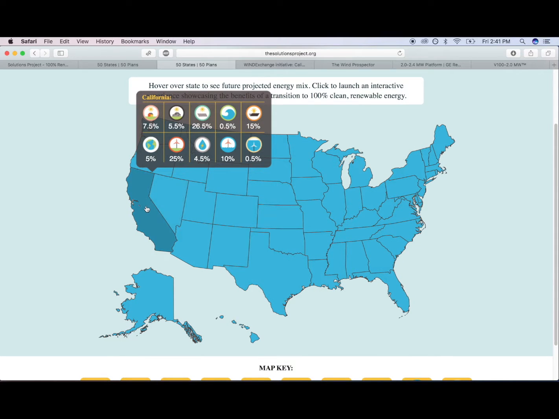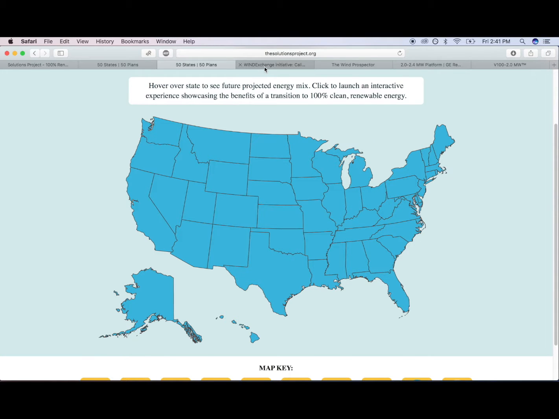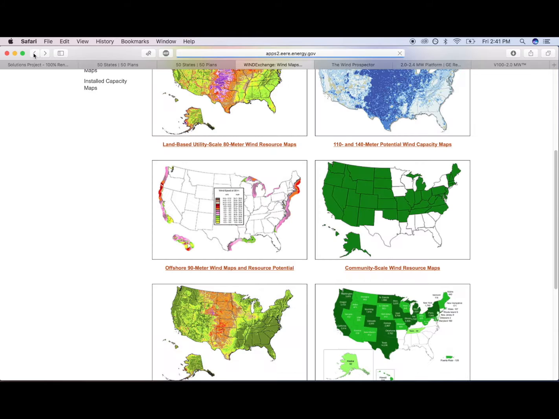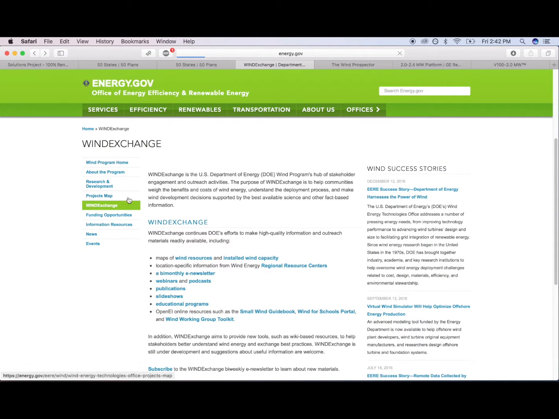So this is a really good starting place to give you a sense for if you were to transition, how much of that, the number that we generated last week, mine was around 25 gigawatts. What percentage of that number? So they're saying that 55% for me is generated by wind. And I have to back up a little bit.